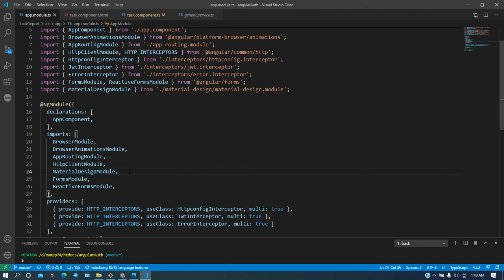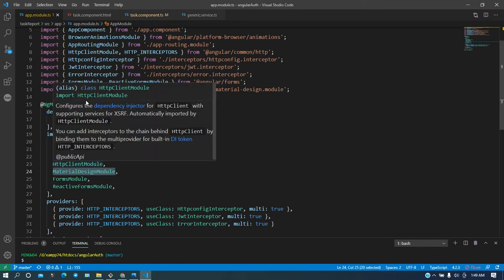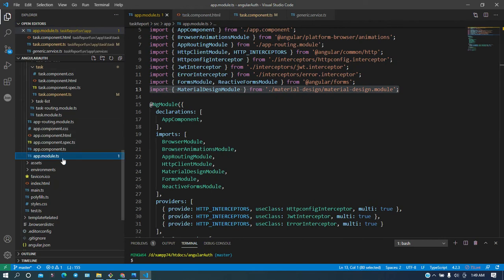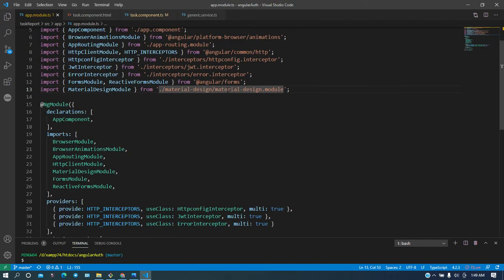So whenever material design is required, we just need to import that particular module. You can notice in the import section the material design module is imported, and also we have declared these things here. Let's go to the material design module and check what is written there.